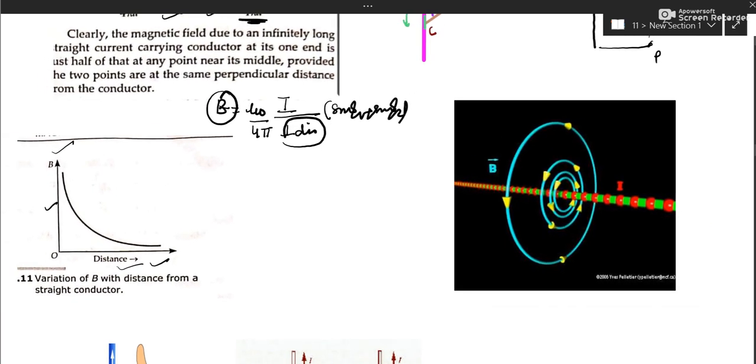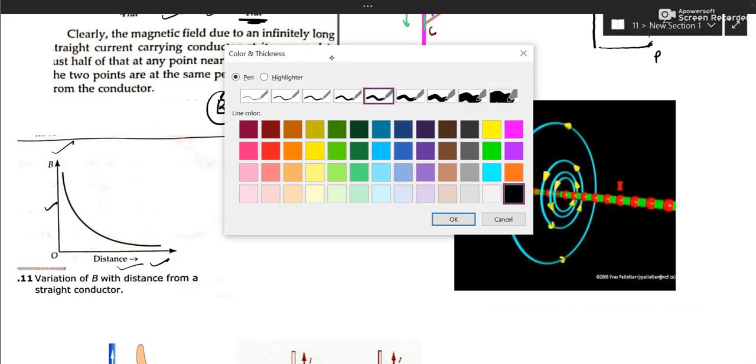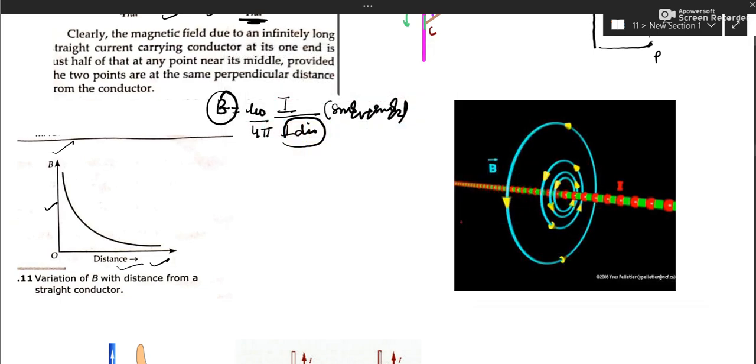Right. Then we have how to find out the direction of magnetic field, again by right hand thumb rule or Maxwell's right hand screw rule. Those rules we are well aware of. So you can see if this is current, right? If this is the direction of current, then keep your thumb here. So that rule you know.